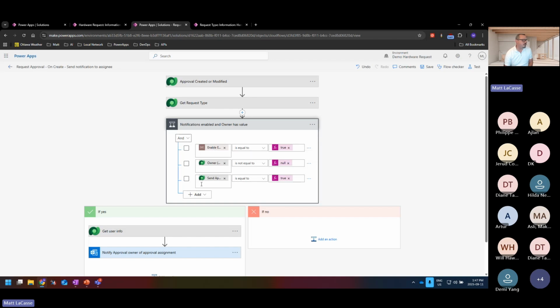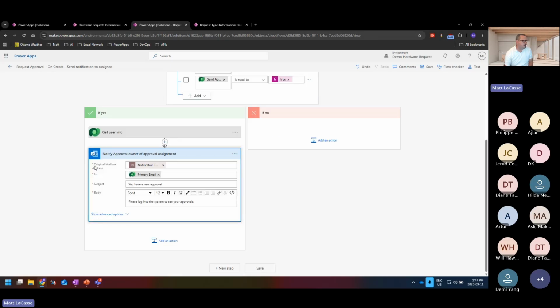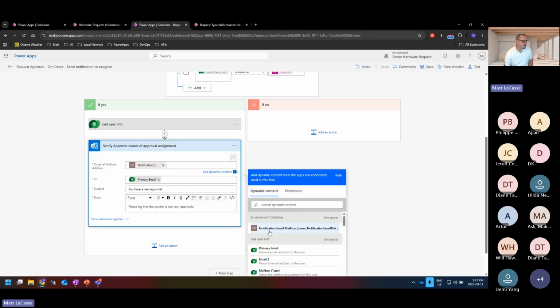So again, all of these conditions have to be evaluated as true before you can move on to sending an email. And then in our from field here, if I were to go to dynamic content, I can see that my environment variable is available, and that's what we have chosen instead of the hard-coded value.